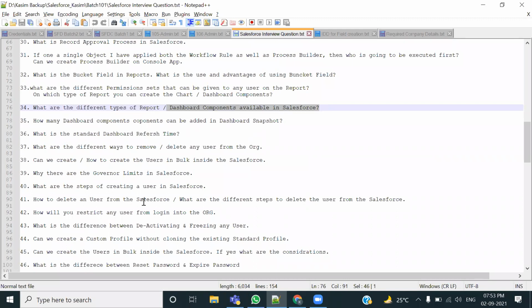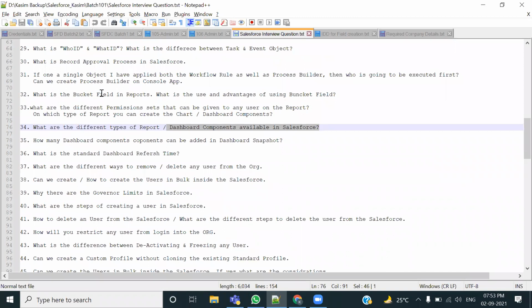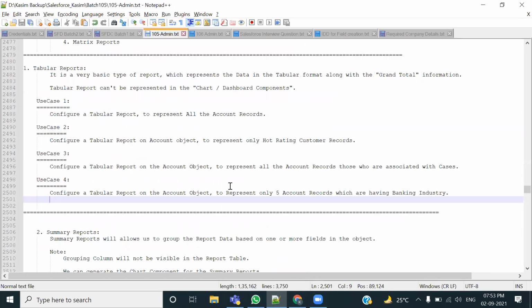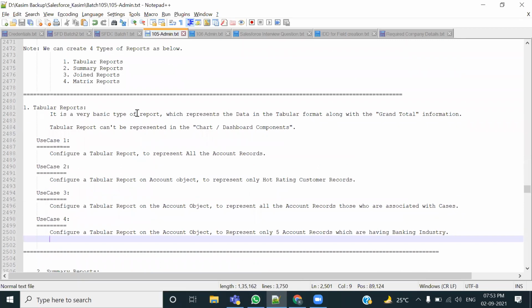ठीक है, on which report we can create the dashboard components. So this is one of the interview questions. तो आप कौन सी रिपोर्ट पे डैशबोर्ड कंपोनेंट क्रिएट कर सकते हो? एक्चुअली इसका आंसर है समरी रिपोर्ट। We always create a dashboard component on summary report, but because matrix is also